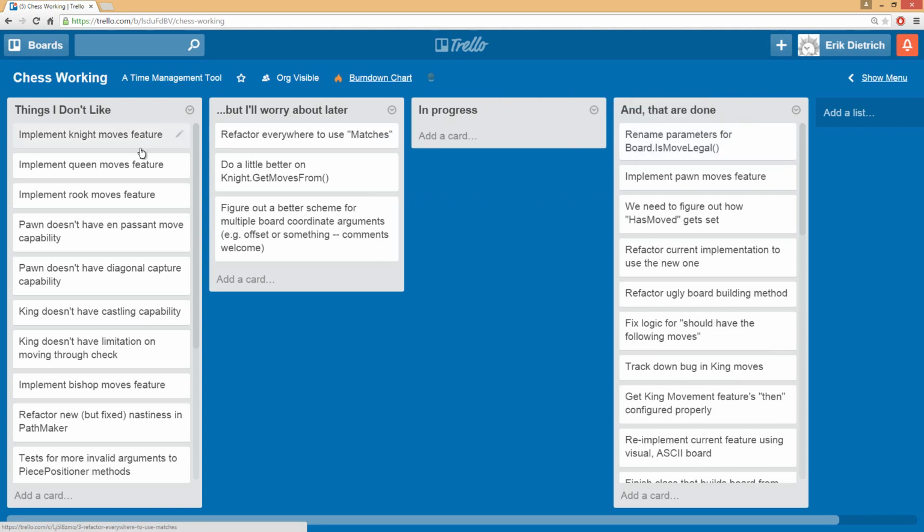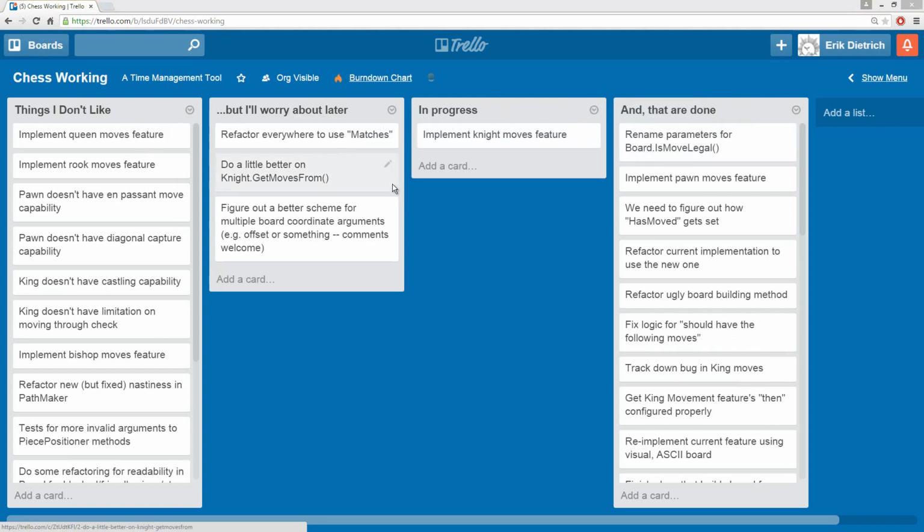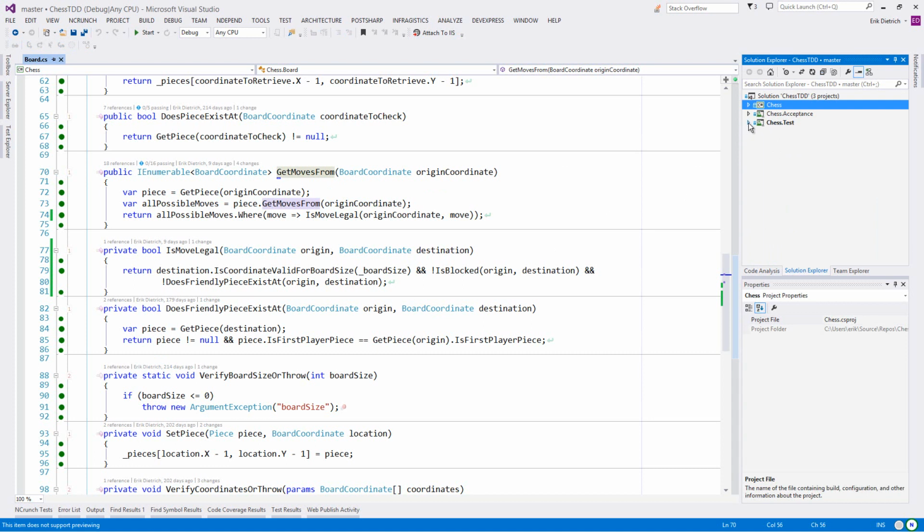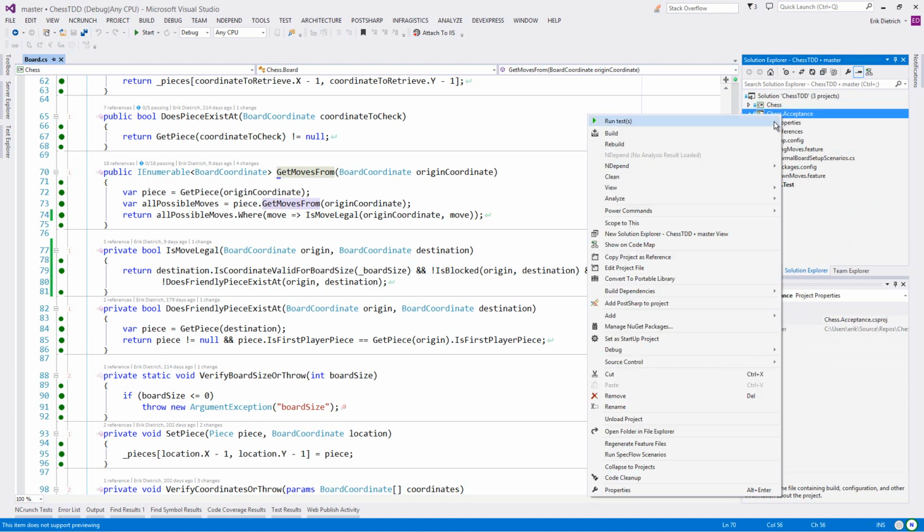So moving on, the next thing I'm going to do is implement the feature for night moves. And as I was typing that, I don't know if you're familiar with the Bob Seger song. I had to stop myself from continuing to think of that. Night moves. Anyway,